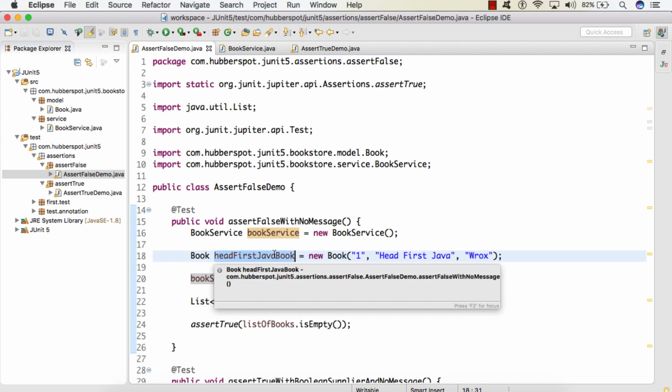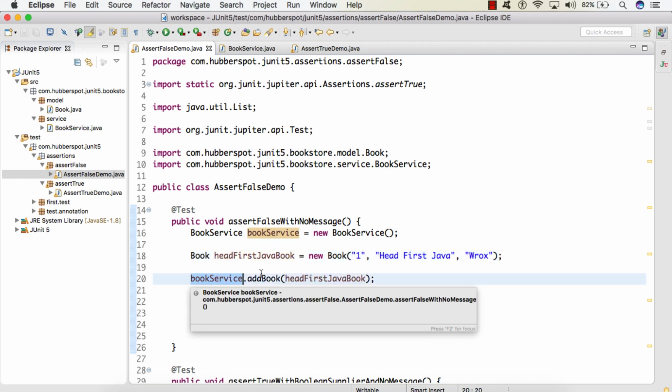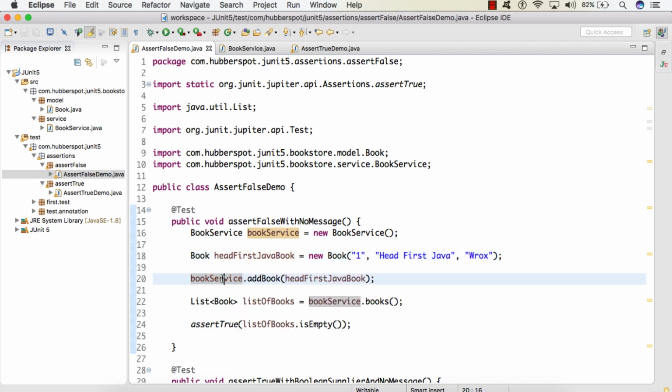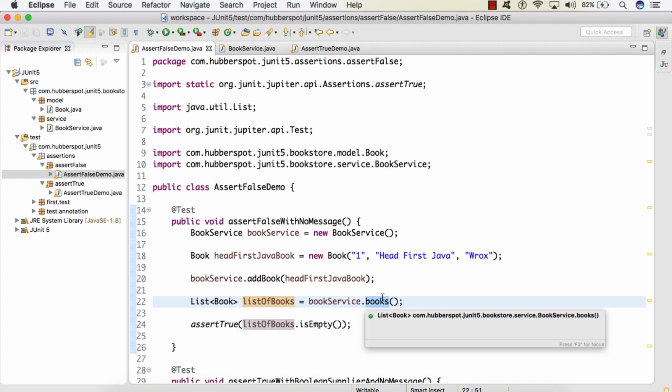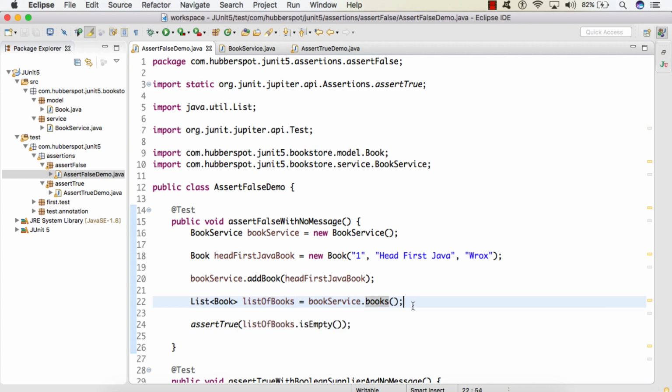Then we are simply adding this book to our list of books by using the BookService addBook. And then we are fetching the list of books by calling the books method, which we discussed in our last lecture. And in the last step, we used the assertTrue method, and we asserted whether the list of books is empty or not. So here I will be using the assertFalse method.